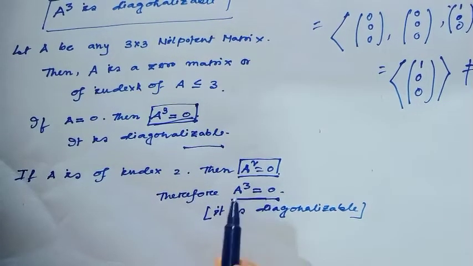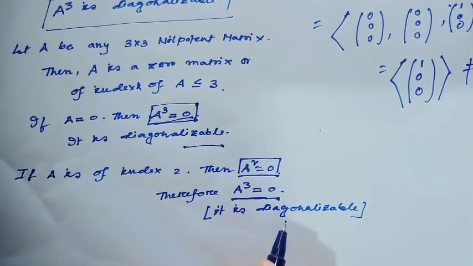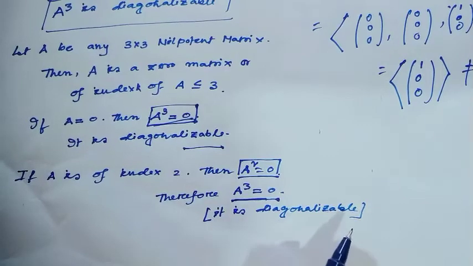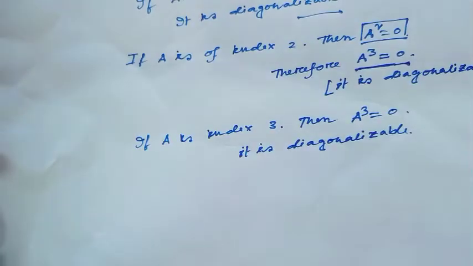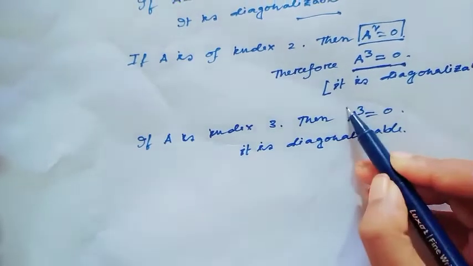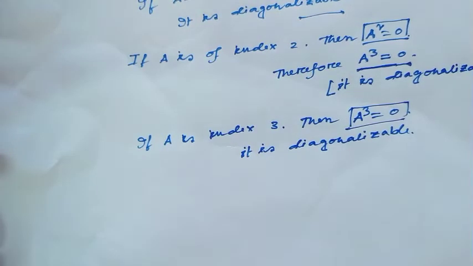So since A cube contains null matrix, obviously the matrix A cube is diagonalizable. Another possibility is consider A is index 3. Then that implies obviously A cube equal to 0. And since A cube equal to 0,